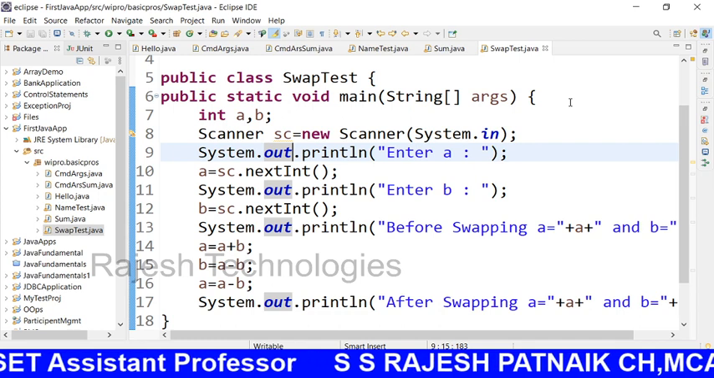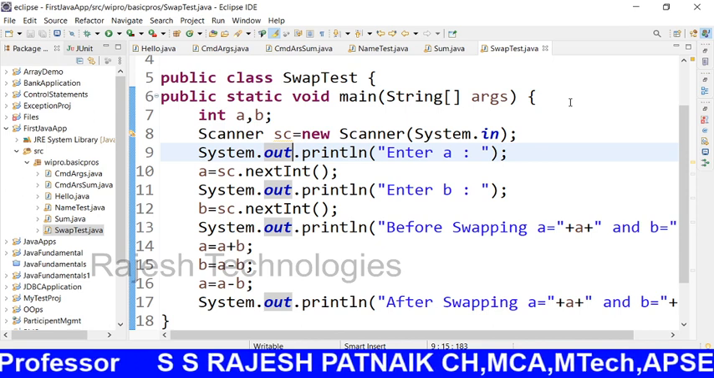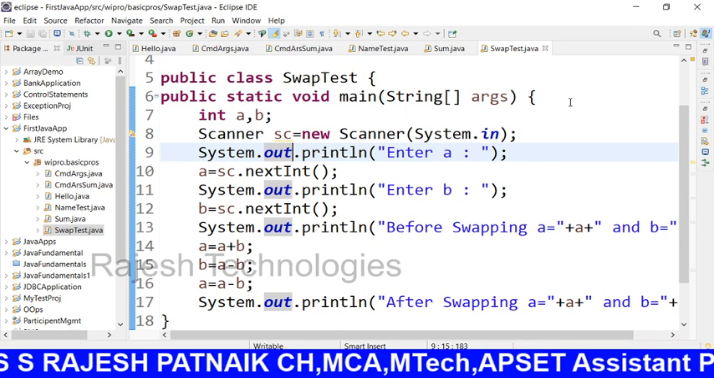Okay, Karthik has written another logic also. Okay, you can practice the same logic using different